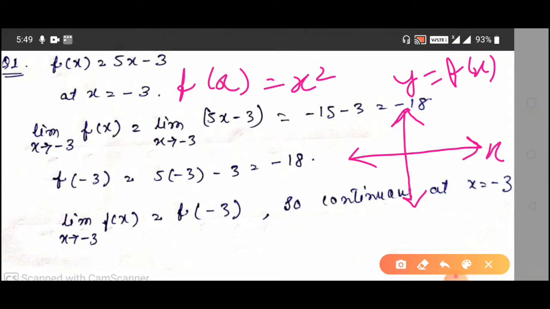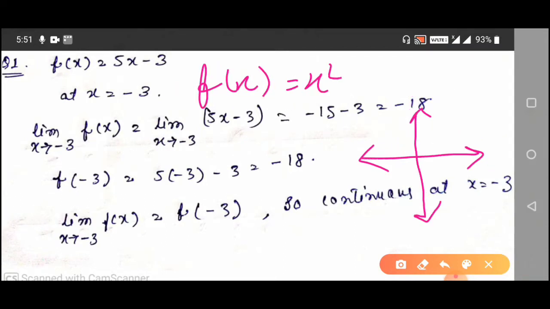Now if you want to draw the graph of x square, the graph will be something like this. The graph may not be perfect because I am drawing on the screen. Now see here, the values of x are positive on this side and on this side the values of x will be negative. Whenever we draw the graph of x square, just look at the diagram. We can draw the graph without taking the pen off the paper. We can draw the graph continuously, something like this.